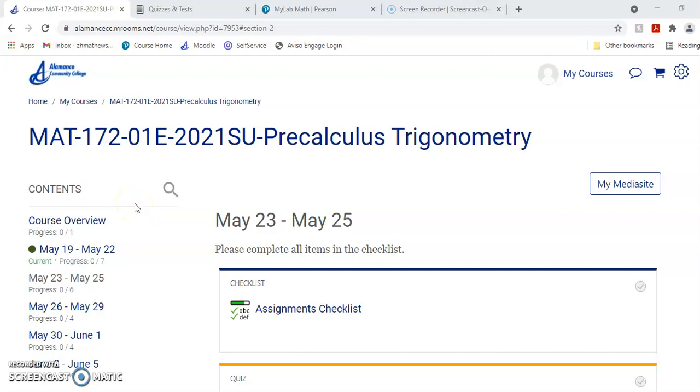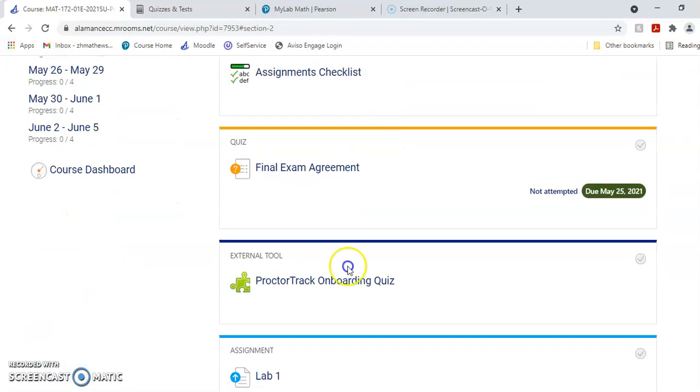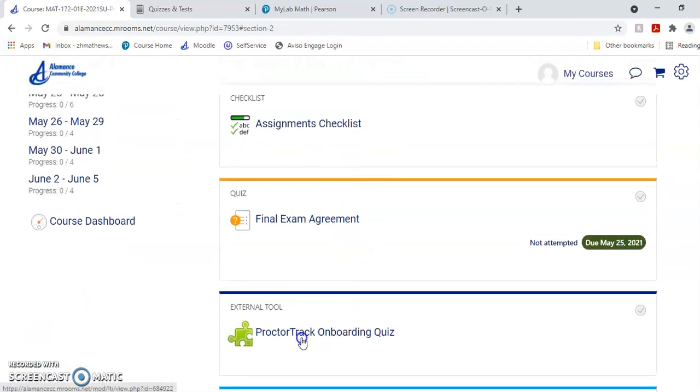Hello all, I just want to give you a short little walkthrough on how ProctorTrack is going to work because I realize it's a little bit different. Many of you may not have used this before. So this week you're going to see, of course, the assignment checklist. You're going to see that final exam agreement, and then under that you're going to see the ProctorTrack onboarding